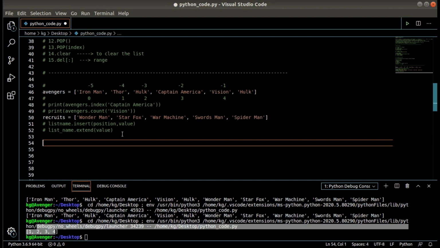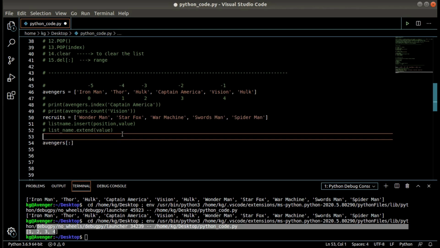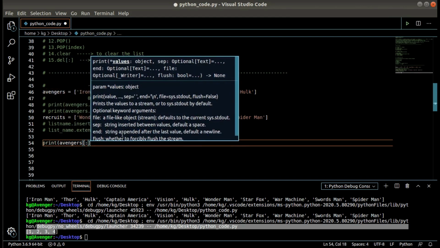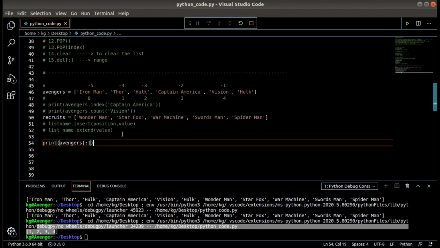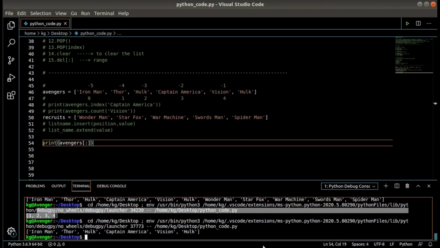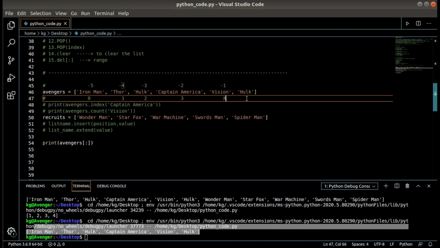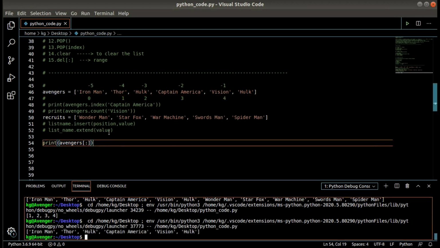So simply I will tell you the format of slicing. It's simply your list name, suppose I am dealing with Avengers. Inside the square bracket I have to put a colon. So what does it mean? I'll print it and show it to you. So my whole list has been printed, the Avengers list. It means start, end. Starting from 0 till the last index, Hulk 5. So it is printing the whole list in this format.